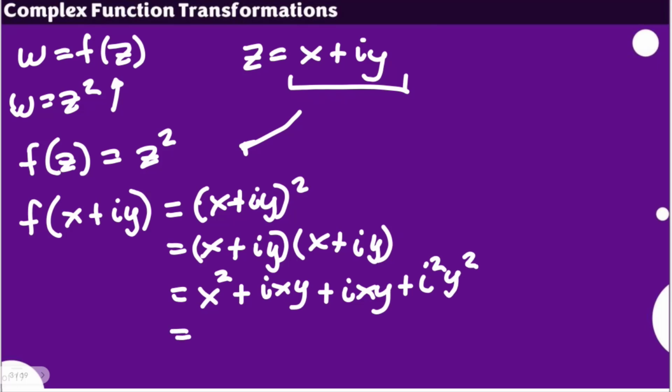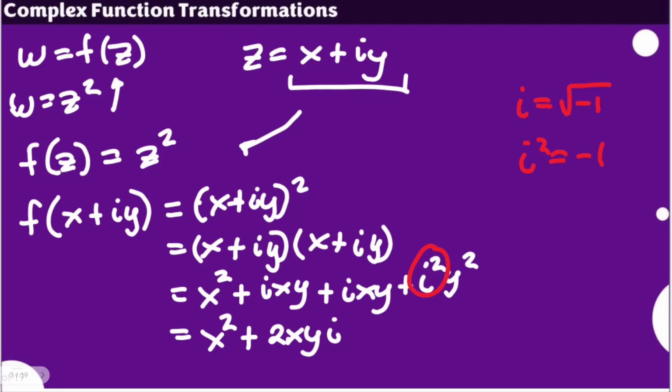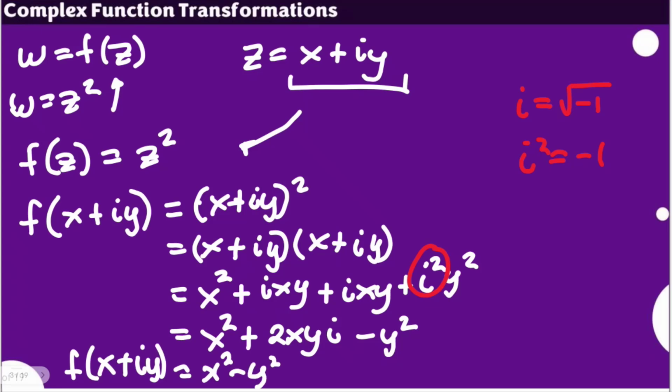This can be interpreted as x squared plus 2xyi, and then the last portion. Take note that i squared corresponds to negative 1 because i is the square root of negative 1. That would mean it would be negative, so we have minus y squared. So basically, if we're going to use this form, this is what we call transformation: you will have here x squared minus y squared plus 2xyi. This stands for the square of our z earlier, since we know that z is x plus iy.